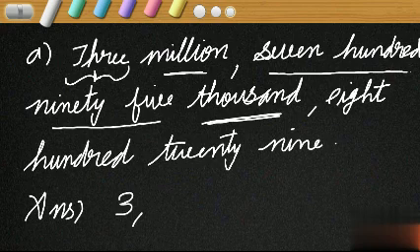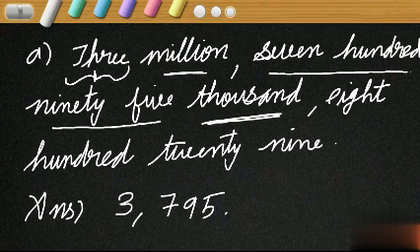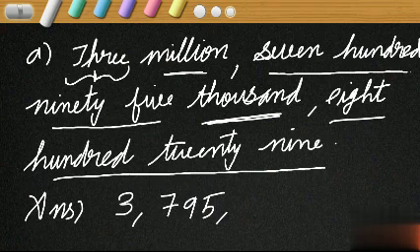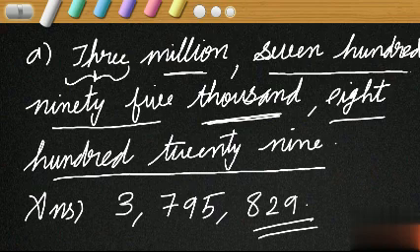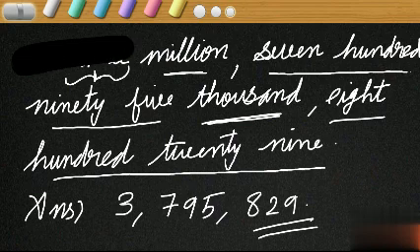795,000. Which is the number in the thousands period? 795,000. Okay, that's over. Then we have our ones period. Which is the number in the ones period? 829. So what we have to do is write 829 in our ones period. This is the required answer. Okay, is it clear? Now let's move on to the second one.